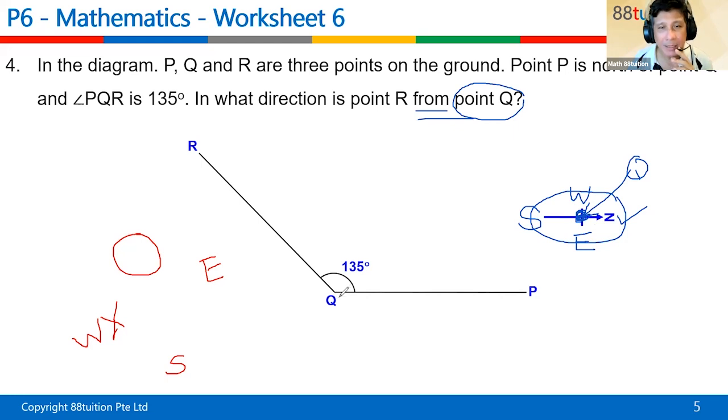So that means this is the part where you actually put the compass. You put the compass there. You put where the cross is, Q right in the middle. Then the north is here now. Okay. So because of that,